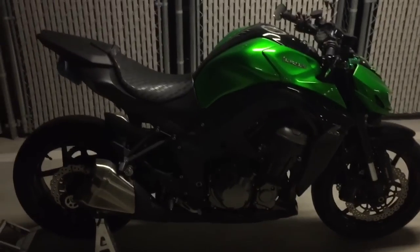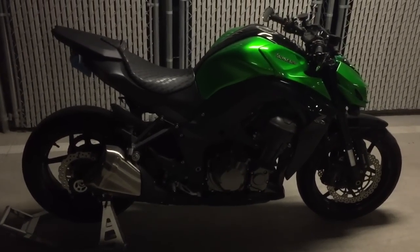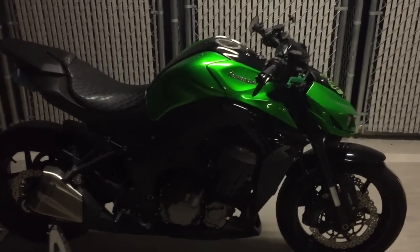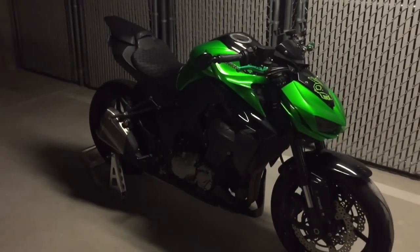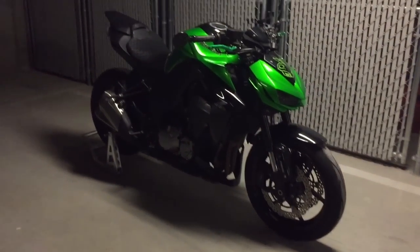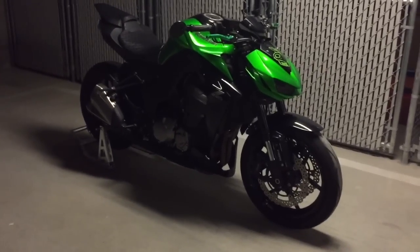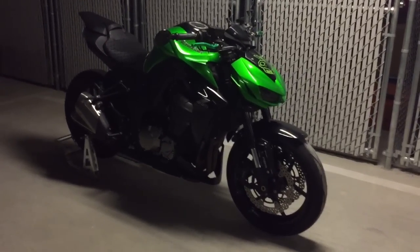No, but for real, number 1 would have to be the aftermarket support. There is very little aftermarket support on this bike. And I think that's just because it's very uncommon. It's very common in the European world and other countries, but over here it's just not as common. There's some exhausts, there's some little things here and there, but the main thing I would like to see is